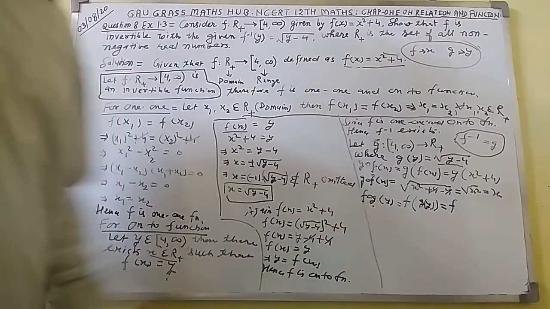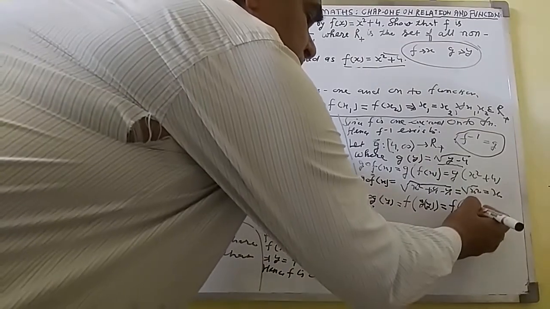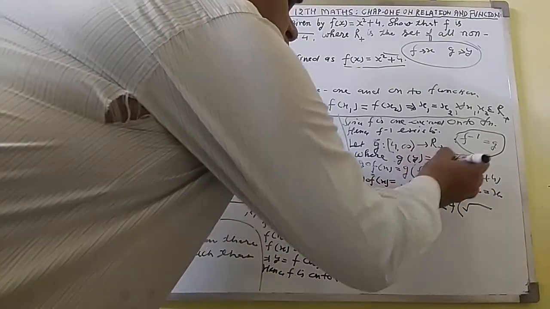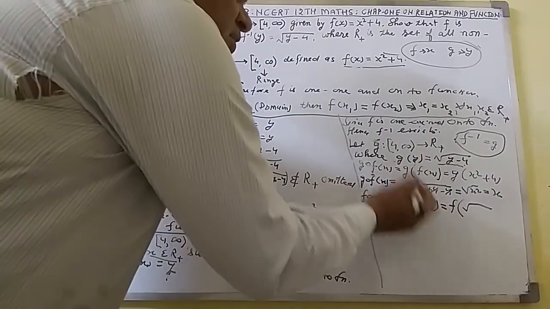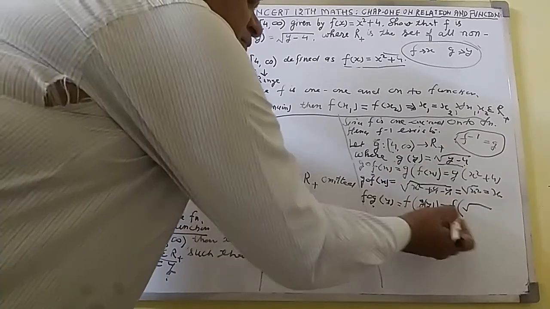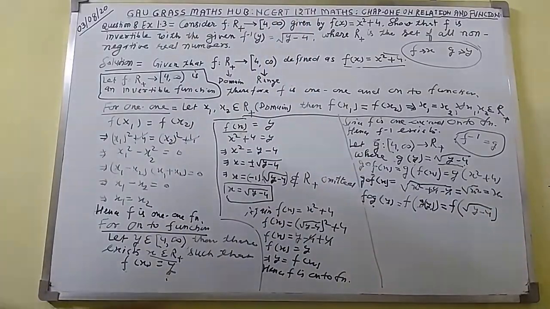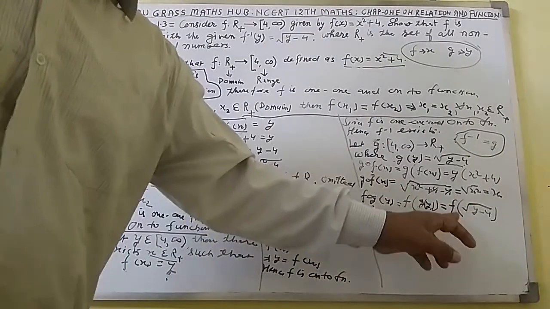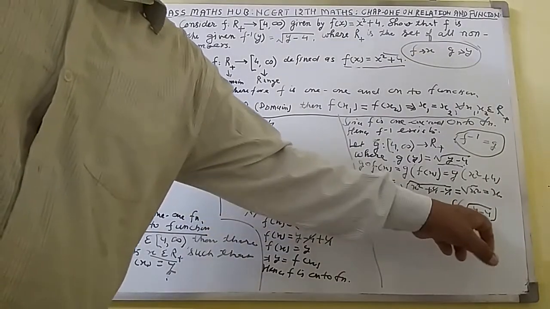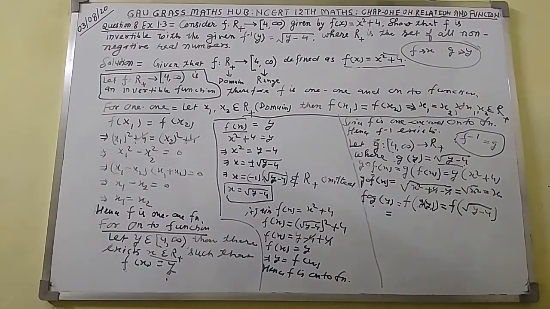So in place of g(y), you can write this value. Here you can see g(y) is this one. This value, g(y) equal to this value, I shall put here. g(y) equal to under root y minus 4 I shall put. So what to do here? You have got f(x), f in bracket x. So x equal to this one. I have got here.